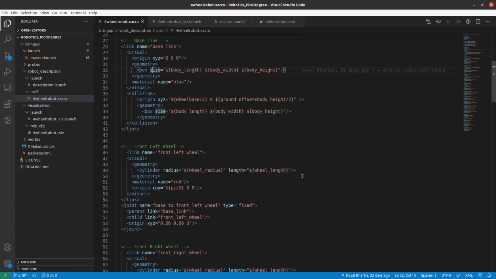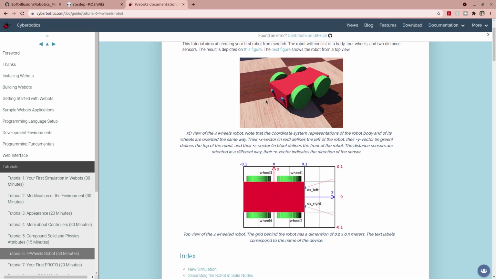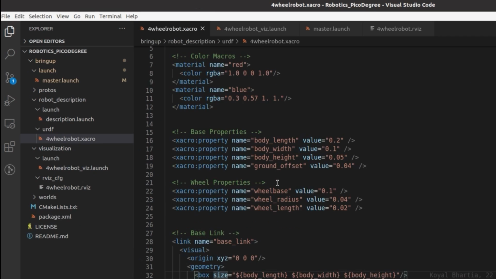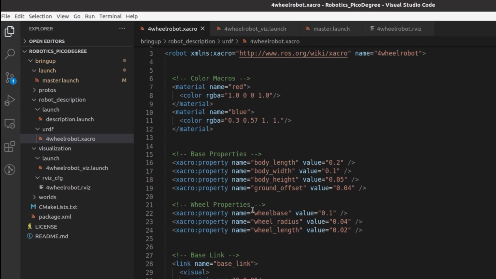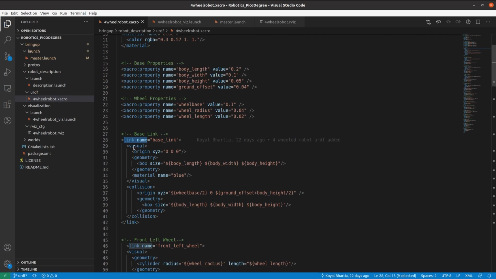For that, we refer to the place from where we started the creation of our robot. Here we see the dimensions of the robot, and the central body of our Stark robot follows the same features. Hence, we inherit the properties such as the body length, height, wheel radius, etc. from that official website of VBOTS. Now, the link, which basically describes a rigid body, has sub-elements such as inertia, visual, collision, etc. which fall at the same level.